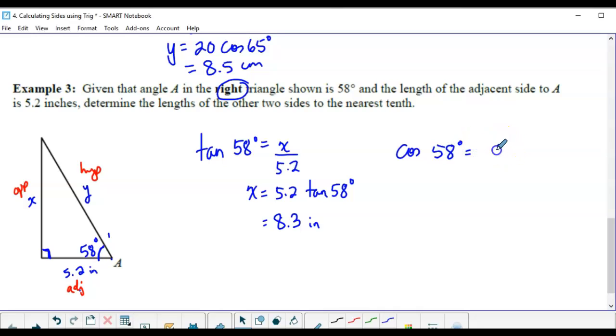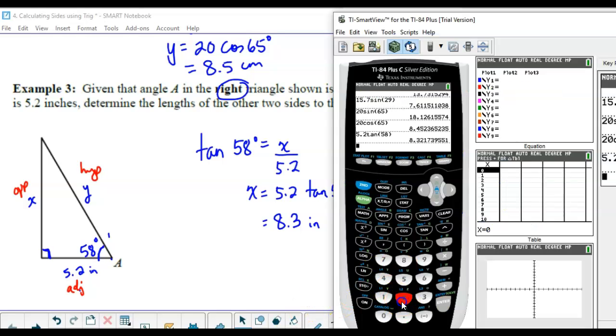But now my unknown is in the denominator. So remember, when the unknown is in the denominator, you divide. So 5.2 divided by the trig ratio. If the unknown is in the numerator, you multiply by the trig ratio. If it's in the denominator, you divide by the trig ratio. So that's going to be